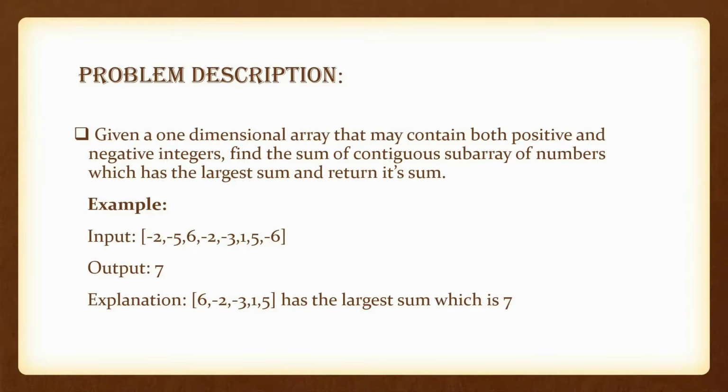A one-dimensional array will be given that may contain both positive and negative integers. We'll have to find the sum of the contiguous subarray of numbers which has the largest sum and then return its sum. Here is an example, and we can see 6, -2, -3, 1, 5 subarray has the largest